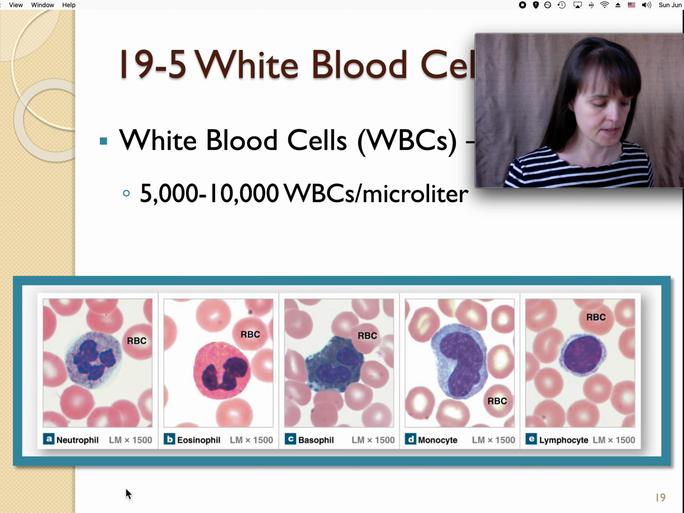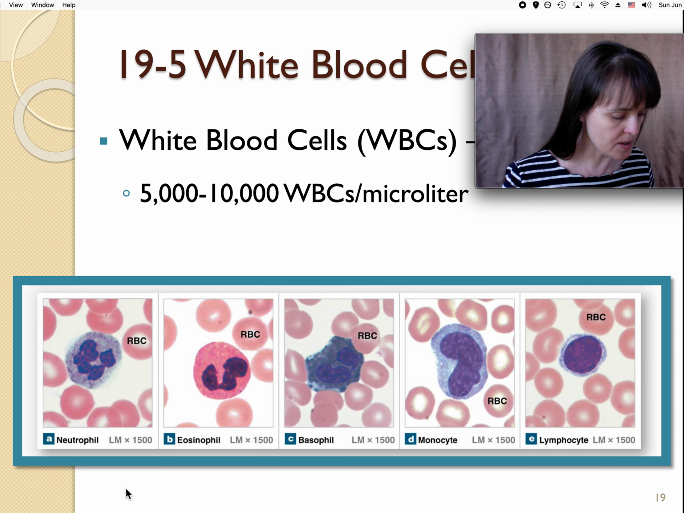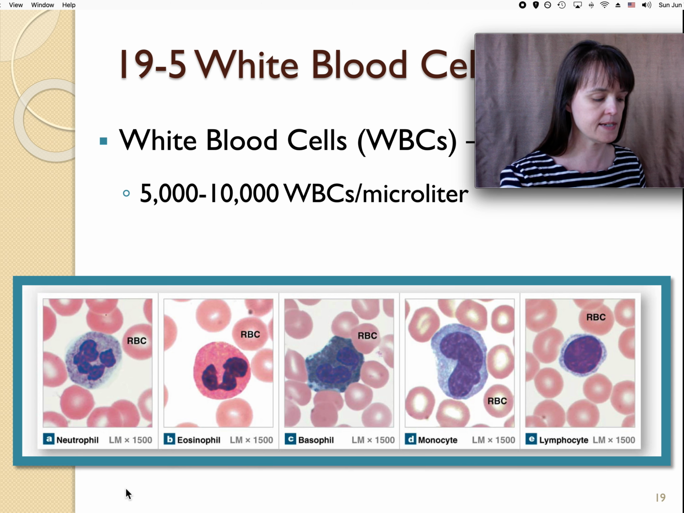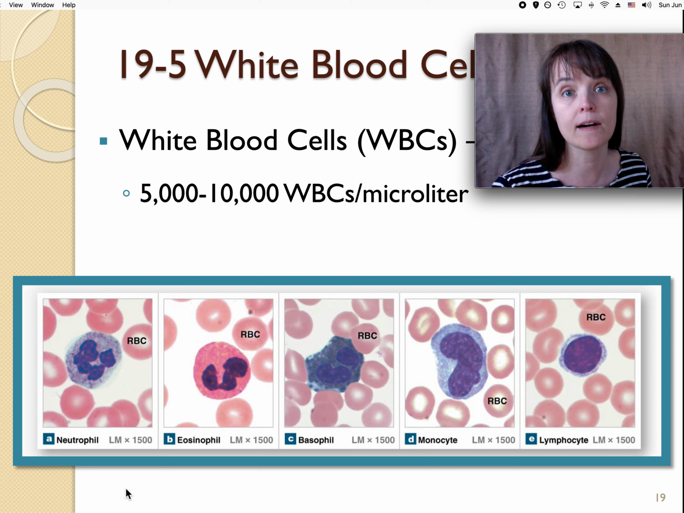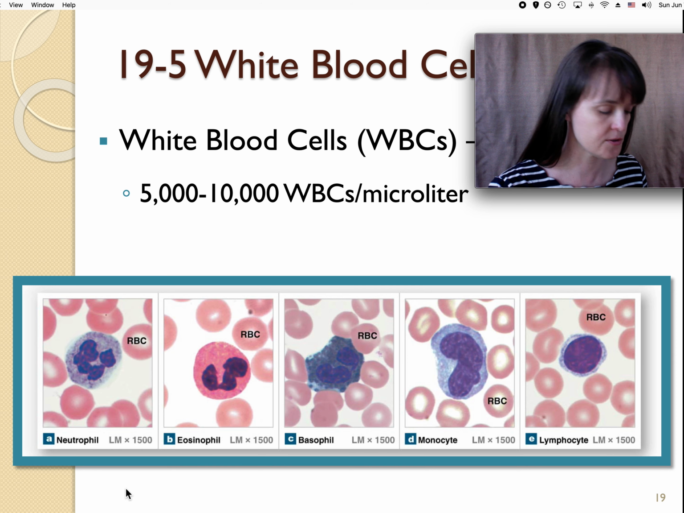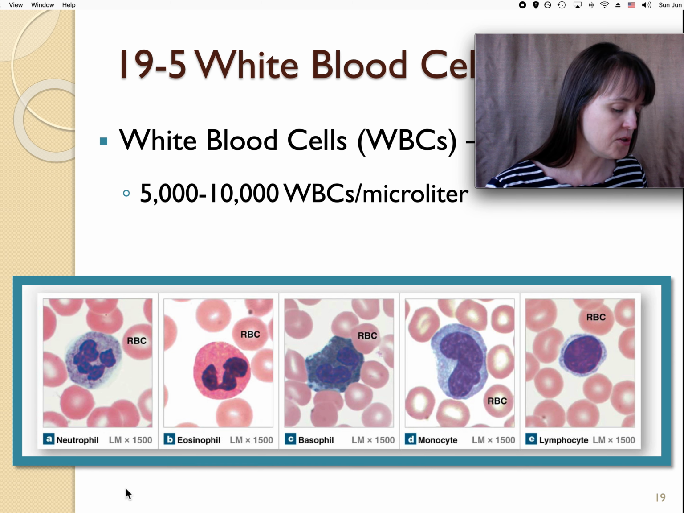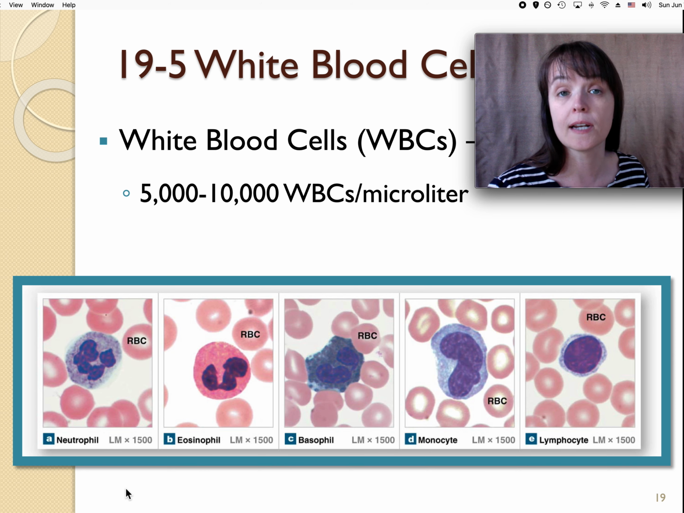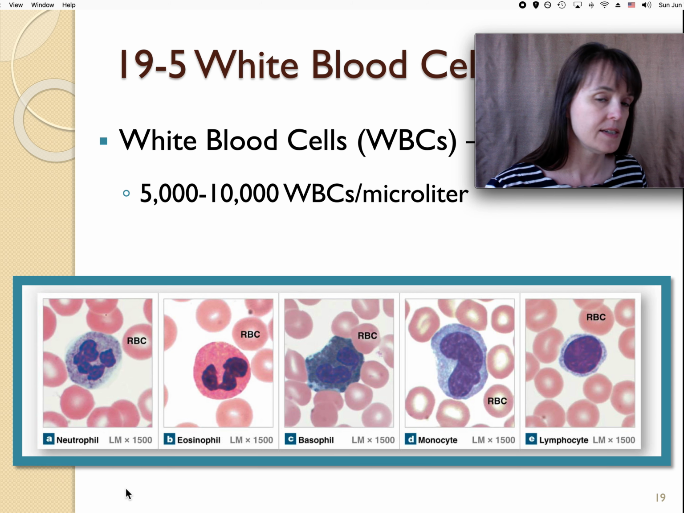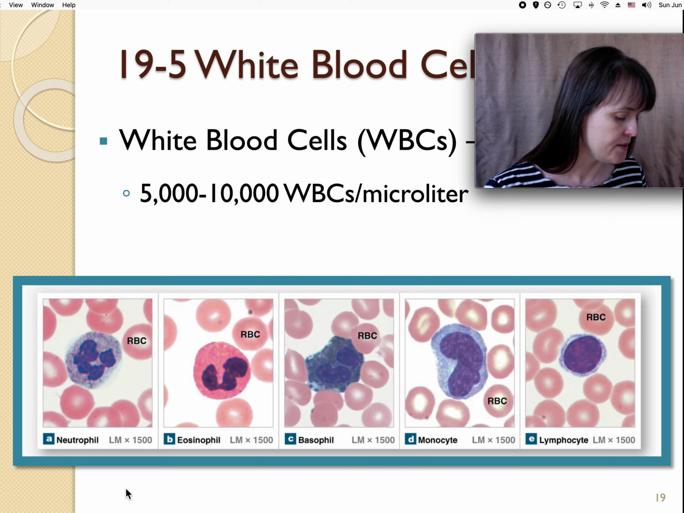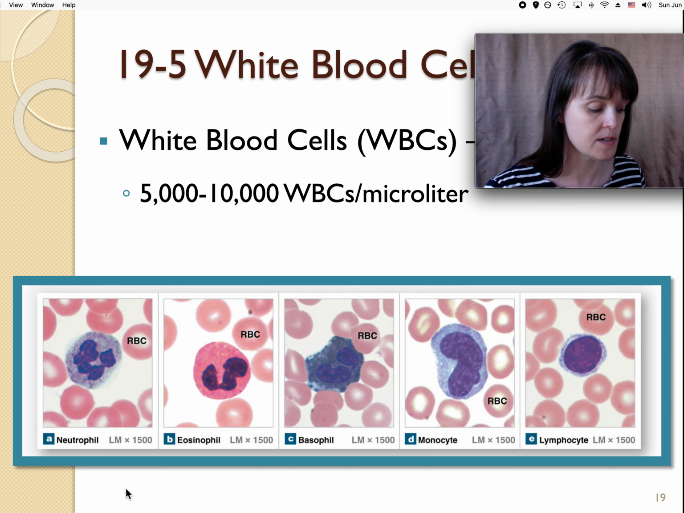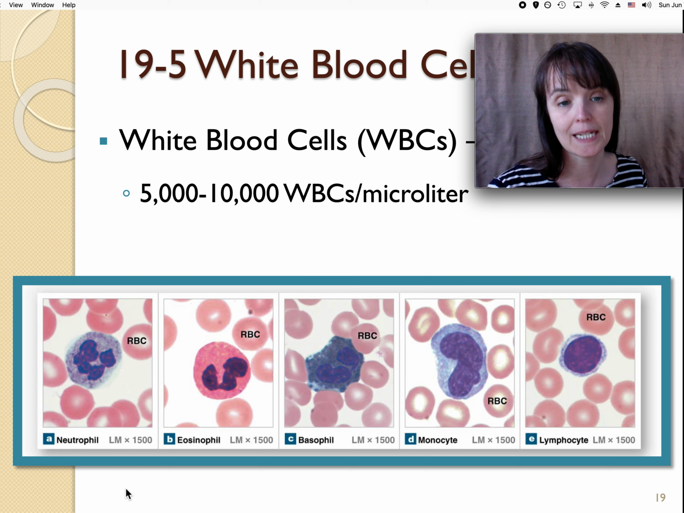White blood cells as a group are called leukocytes, which we already said. They have no hemoglobin, so they do not carry oxygen or carbon dioxide. White blood cells have no involvement in gas exchange or gas transport. They do have nuclei and organelles, unlike red blood cells. They are your immune response. They're in charge of it. And you have 5,000 to 10,000 leukocytes per microliter